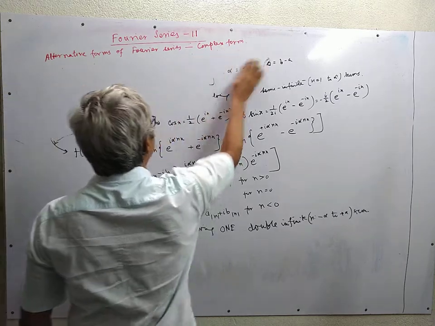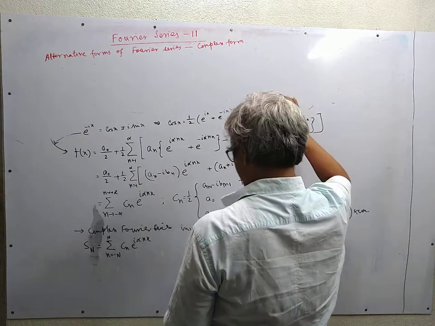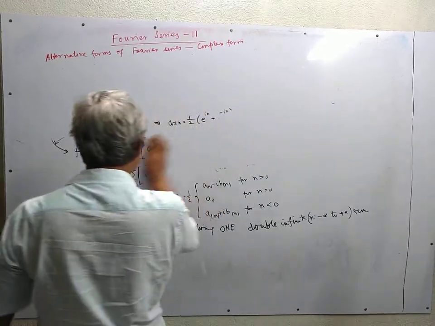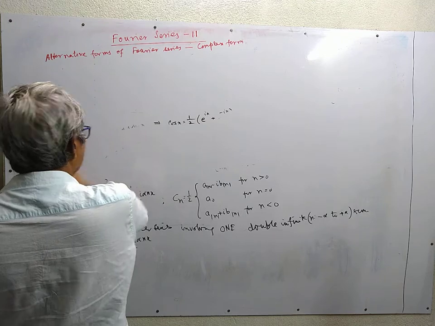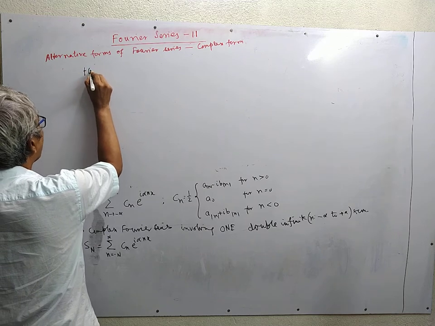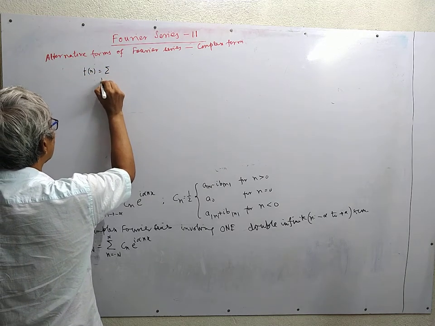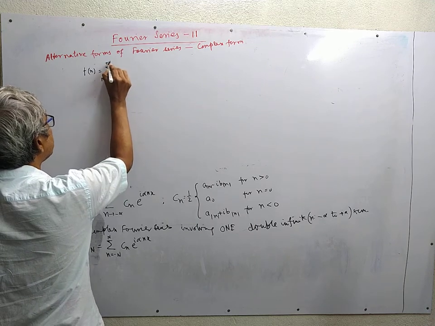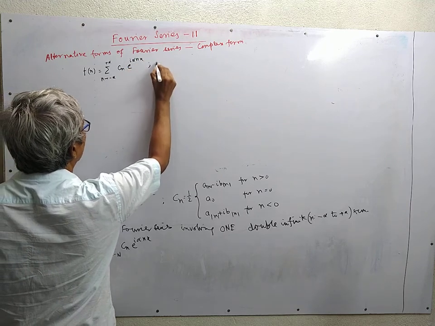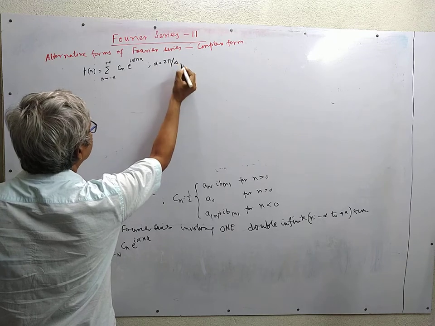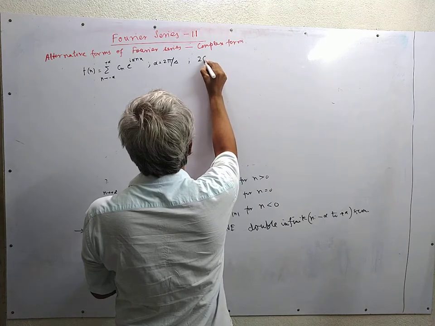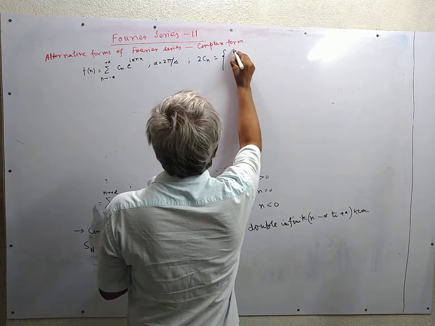So we start with f of x is equal to summation over n from minus infinity to plus infinity of Cn e to the power i alpha n x, with alpha is equal to 2 pi by delta, and for Cn we have this definition, twice Cn is equal to a